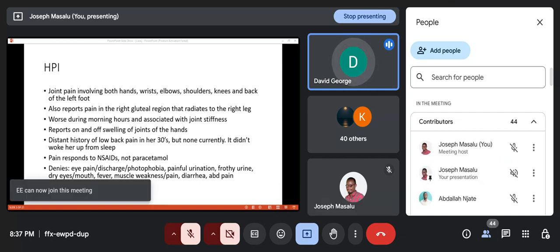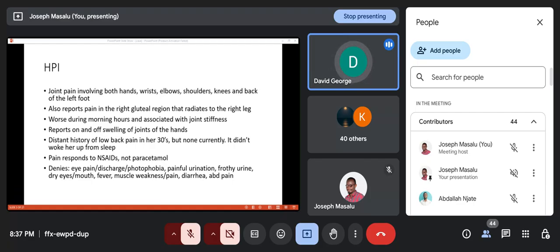So yes, we are dealing with, for those who joined late, we are discussing a case of a 47-year-old female who presented with a 3-year history of joint pain. And when Joseph started presenting the history, we discovered that this patient is having what seems to be asymmetrical polyarthritis, because there is involvement of both hands, wrists, elbows, shoulders, knees, as well as,